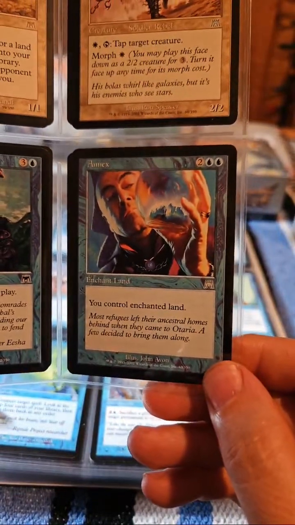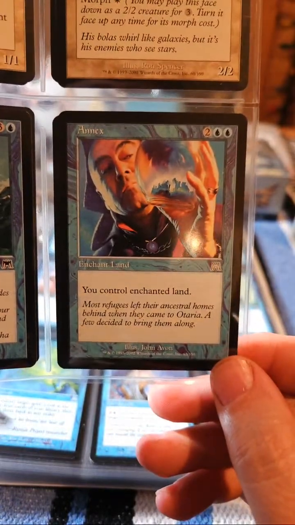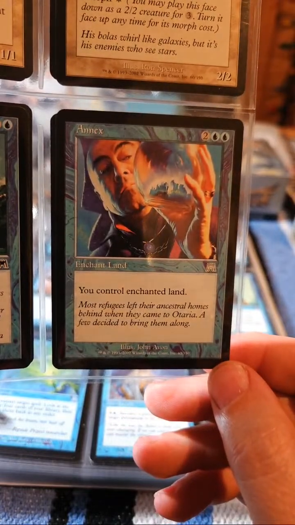Annex. This is a great one for manipulating the lands in play too. I like Annex with Limited Resources. So pay 4, you control enchanted land. You get to take one of your opponent's lands. That can be